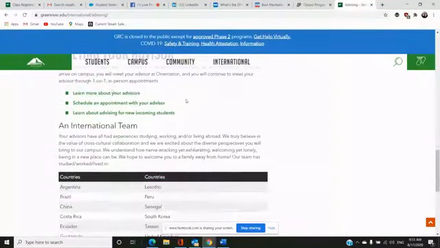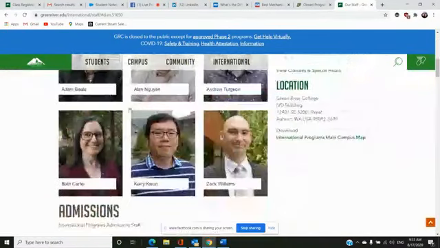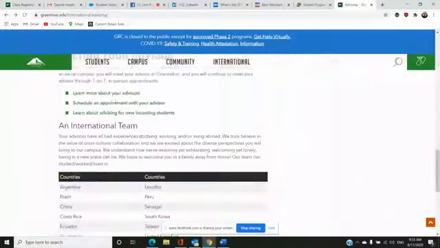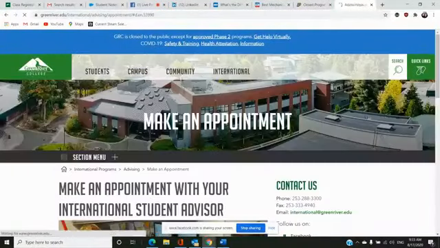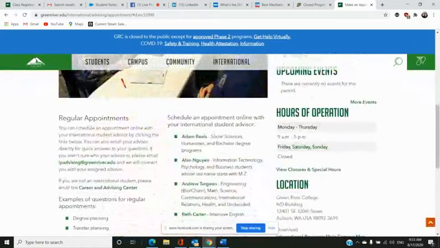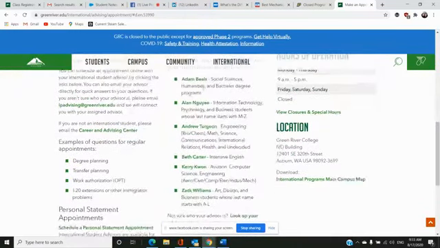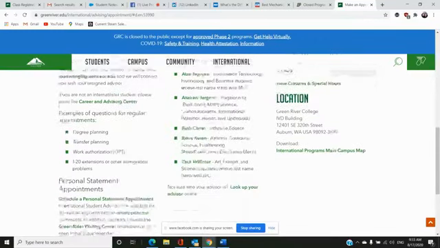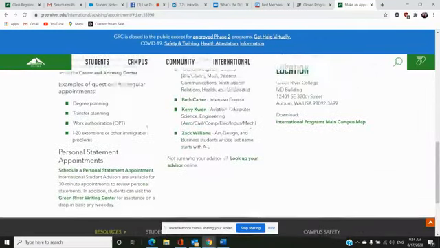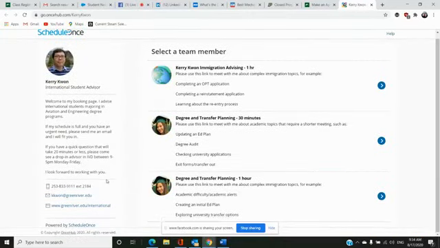You can learn more about your advisors, or schedule an appointment with your advisor, and you can see all the different advisors at Green River and what majors they specialize in. So here's me: aviation, computer science, engineering, and my email is listed right here.